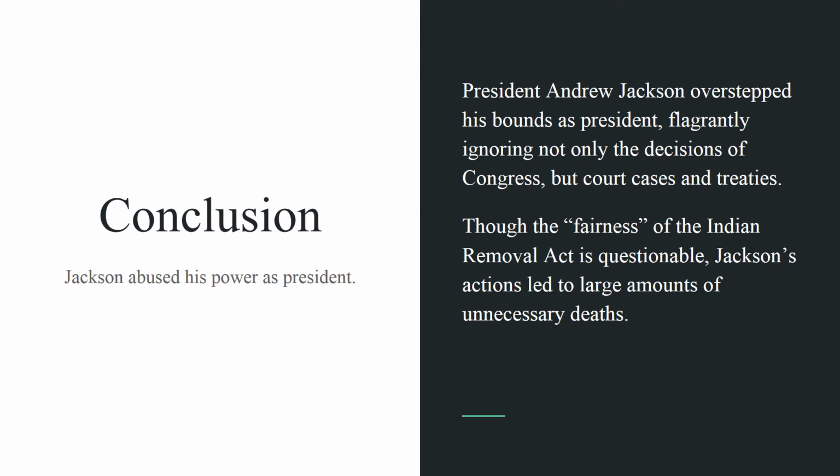Though the fairness of Indian removal is questioned at best, Jackson's actions led to thousands of unnecessary deaths, the destruction of cultures, and set a precedent for future presidents to be capable of similarly ignoring the other two branches of government. What may have at least been a voluntary movement became a death march. Though seen as a man of the people, it